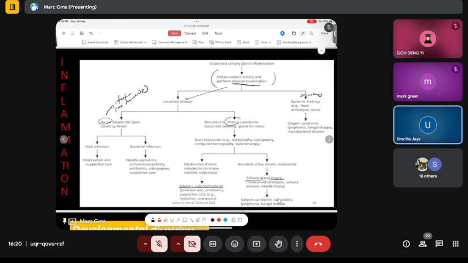The ideal investigation is fine needle aspiration cytology, whether image-guided or non-image-guided, and then you come up with a possible diagnosis. Usually FNAC is quite sensitive, but even if FNAC fails, for the parotid gland or the submandibular gland,